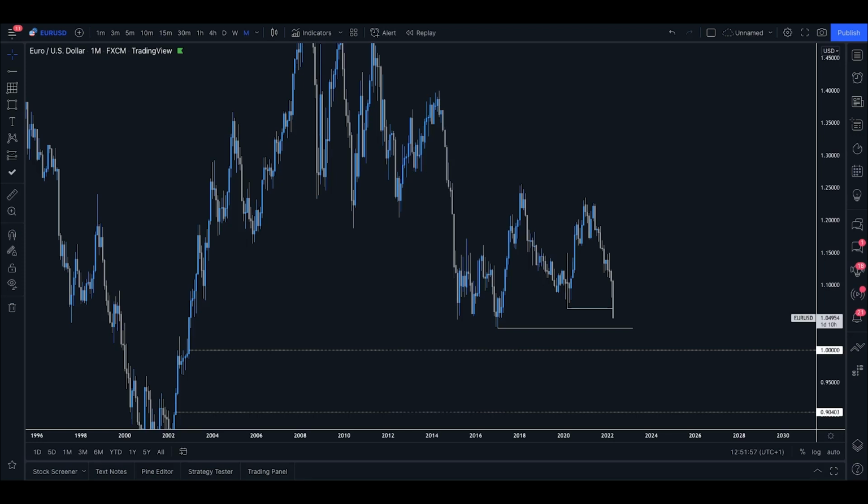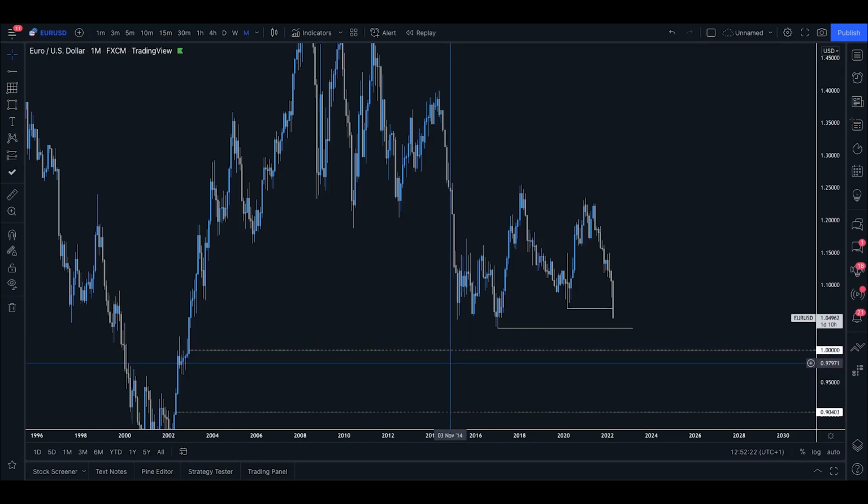Now, where do I think this could go on the charts? Well, if you've been in my academy, I've been saying since we were around this point that this low is going to be taken out and the market would trade towards these low levels. So now that we've pushed through that 1.06, we can clearly target around 1.03, take out the liquidity under this low, and push to potential parity levels, which is basically where the US dollar and the euro would be directly equal.